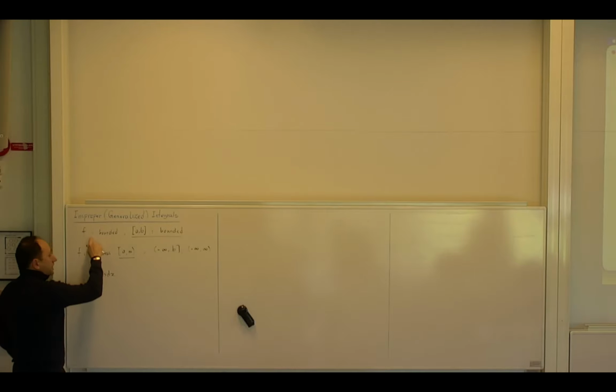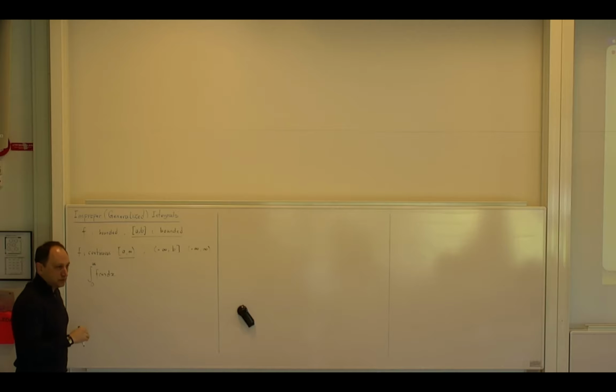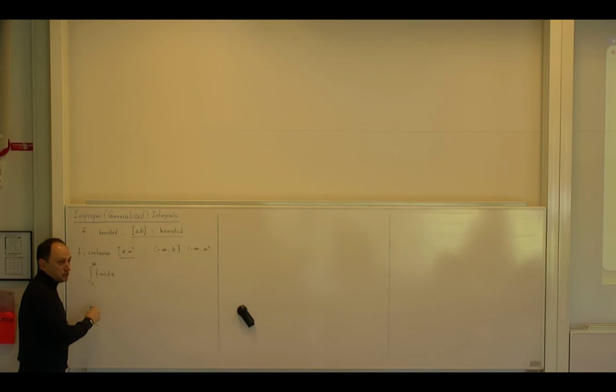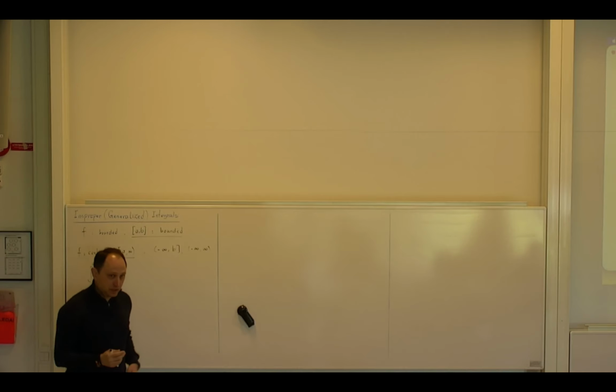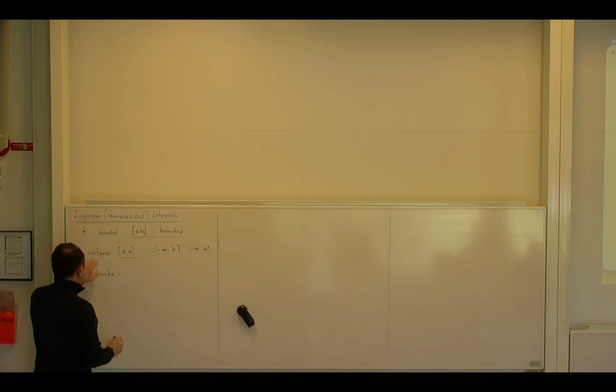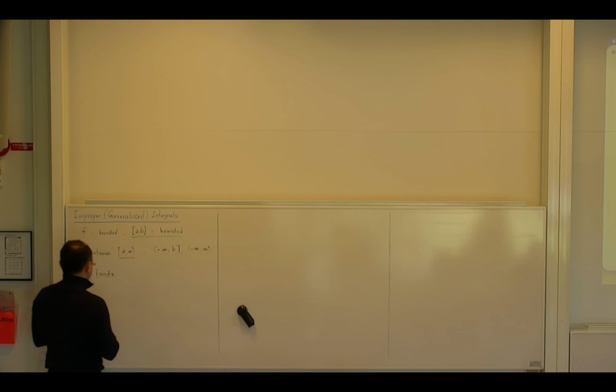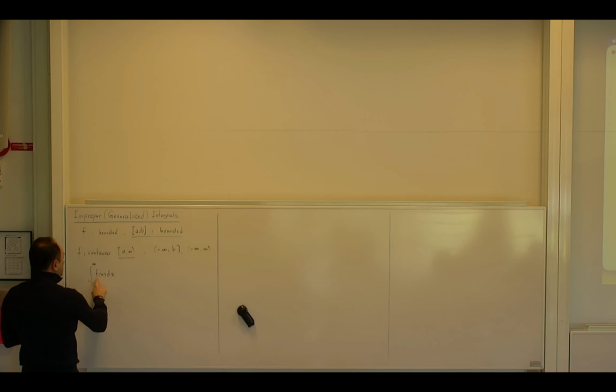But if f itself is somehow unbounded or has some singularities within the interval where it is not defined, then we also call it an improper integral, but of the second type. We can also have a mixture of them. But let us first talk about improper integrals of the first type. It means that I want to keep my function well behaved, for example continuous, at least on this particular interval, but I want to see what happens as it goes to infinity.